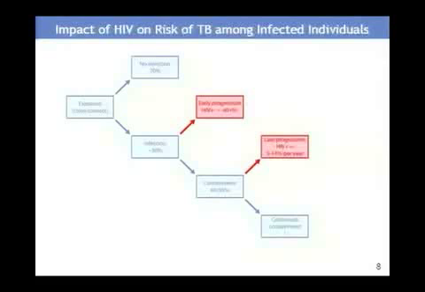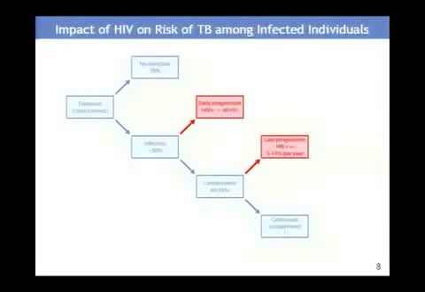However, for this example, we will assume that 30% of you who are HIV infected will become infected with Mycobacterium tuberculosis. Now what we do see is that people who become infected, who are also infected with HIV, have a tremendously increased risk of progressing to active TB disease. As you see here, approximately 40% or more will progress to active disease within 2 years of becoming infected. Compare that to the HIV negatives who you saw in the previous slide, where 5 to 10% will progress to active disease within the first 2 years.